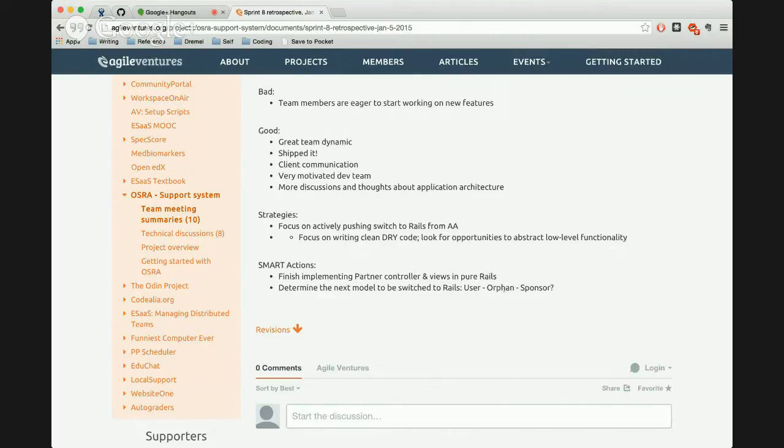But actually, I'm not sure. There aren't any dependencies between orphan and sponsor. Sponsor depends on user, because when you create a sponsor, you want to assign a user as an agent. But as far as orphan and sponsor, I think they can come in whichever order. Yeah, they can be created independently. I believe so. There's also the pending orphan list and the